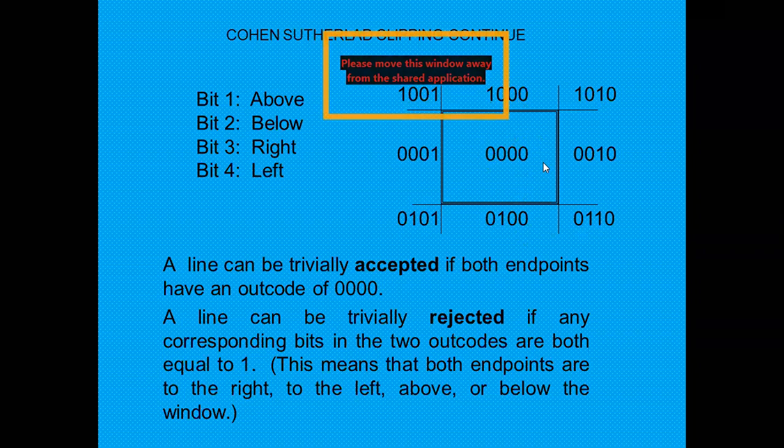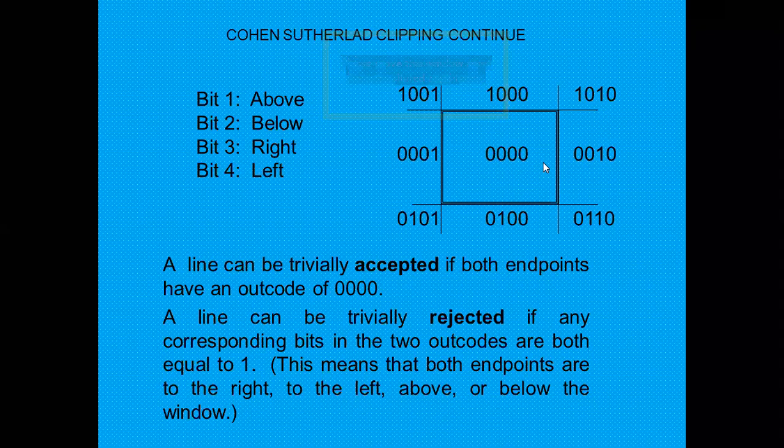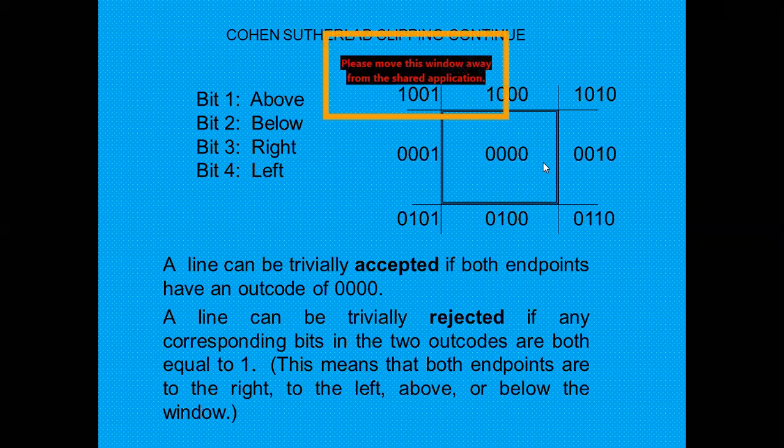So if a 1 is coming in the outputs for a particular vertex, then we can say that the portion will lie either above, left, right, or below, but not in the center. Now you can check yourself easily. First calculate the values of bits 1, 2, 3, and 4, and after that check whether you are getting all zeros or whether there is a 1.